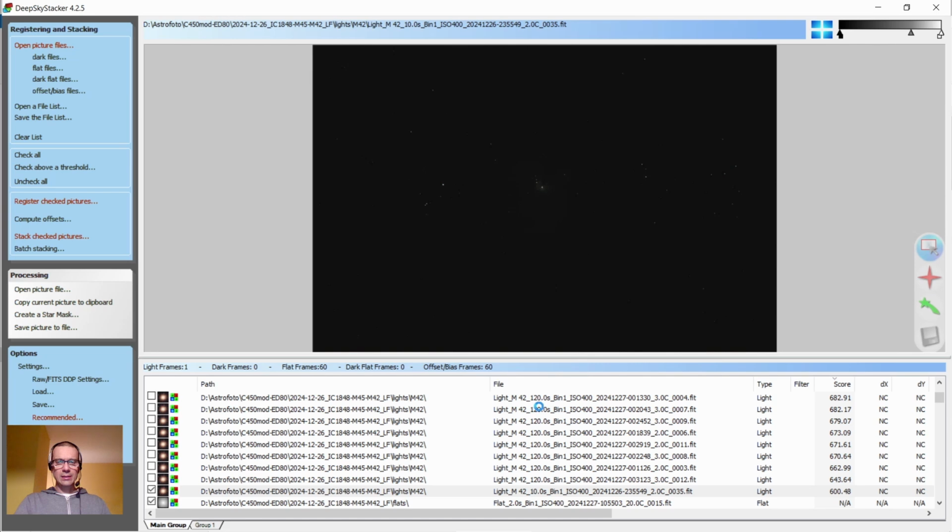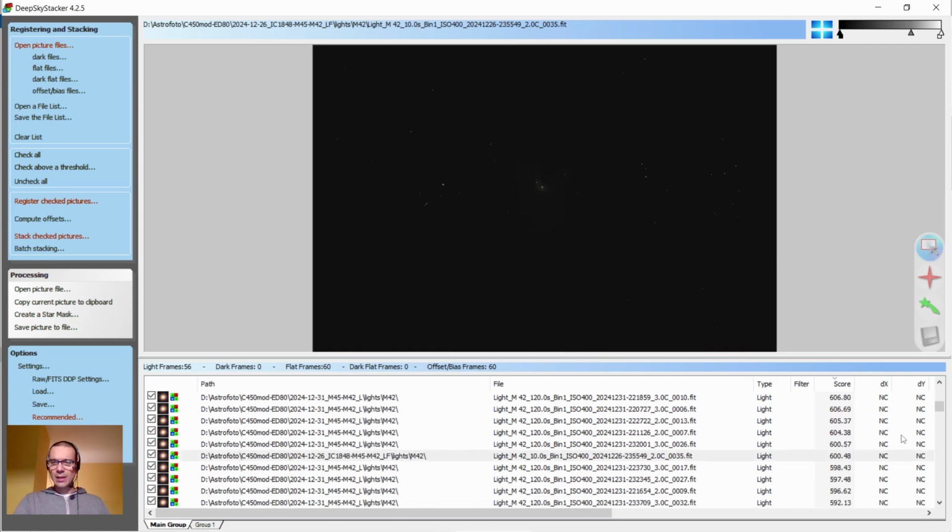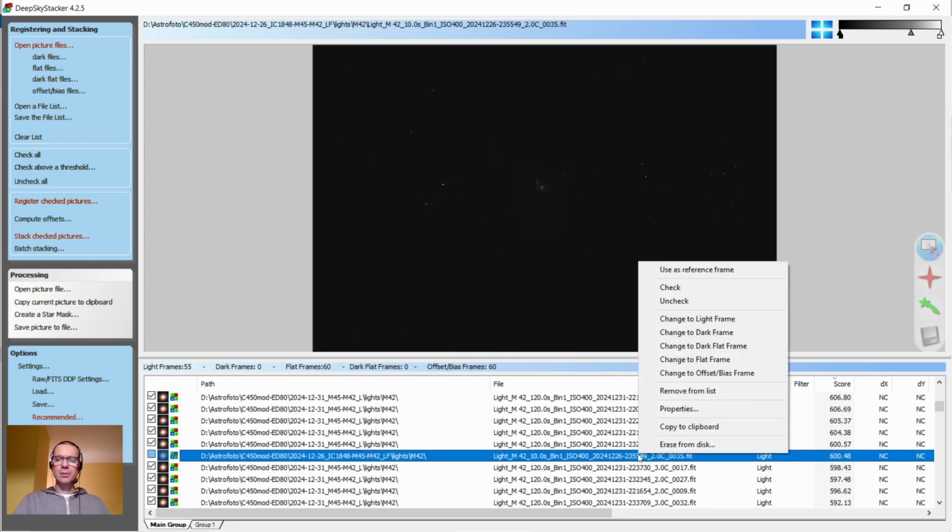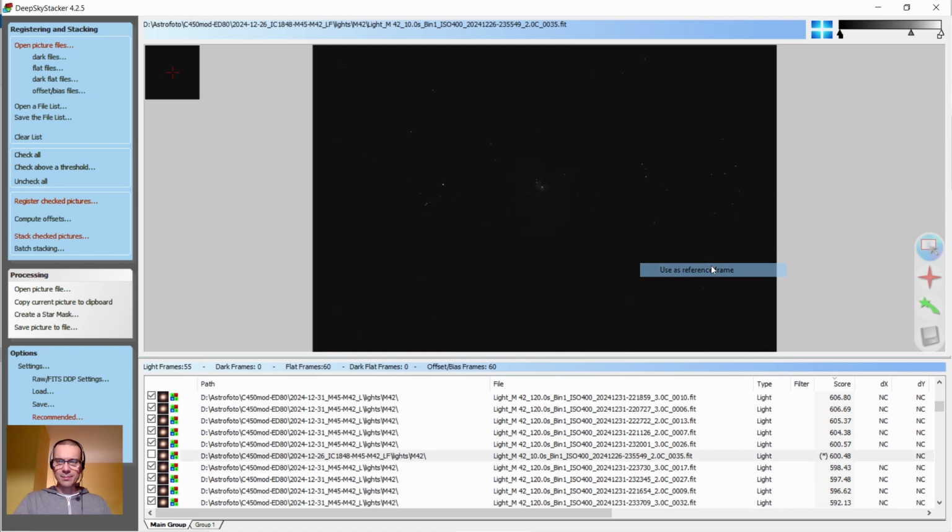So now again, I check them all, but I have to uncheck the one which will be our reference frame, this one which is 10 seconds long, the best one of the 10 seconds frames. So I will uncheck this frame, but I will press right mouse button on this frame and choose Use as a Reference Frame. In this way, all the rest of the light frames will be aligned to this